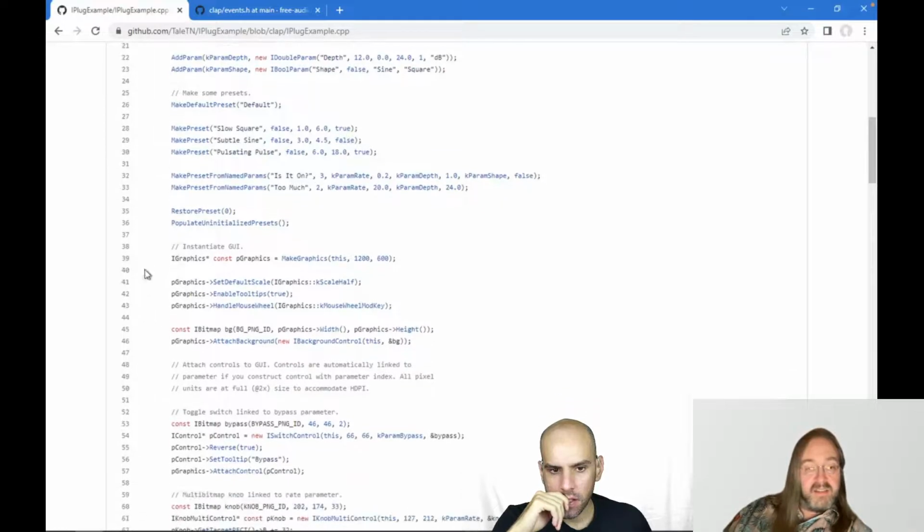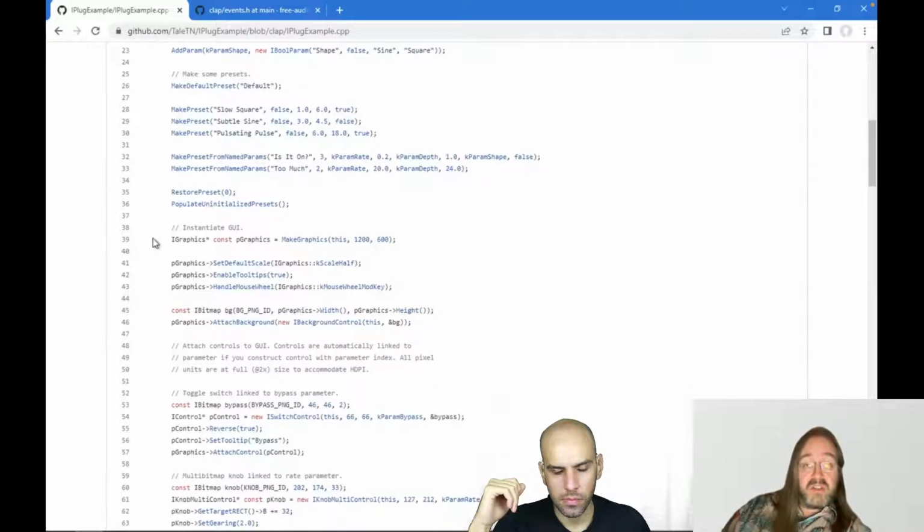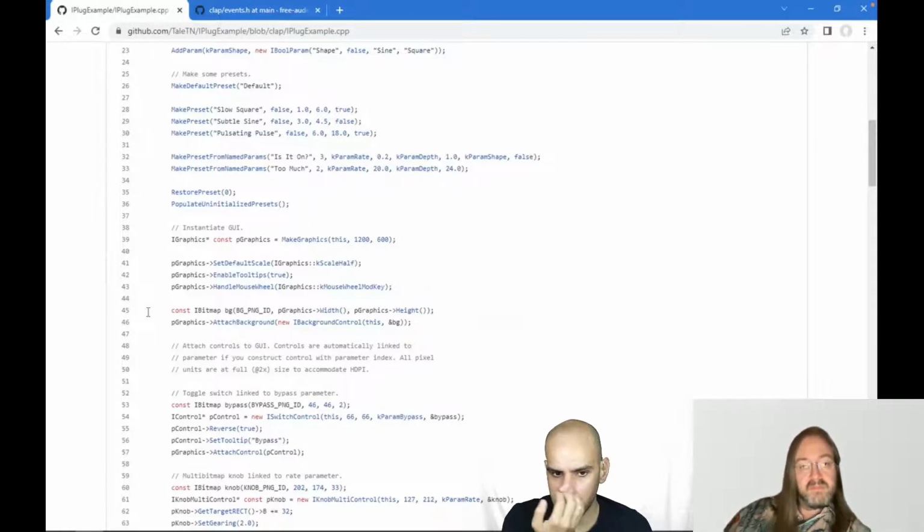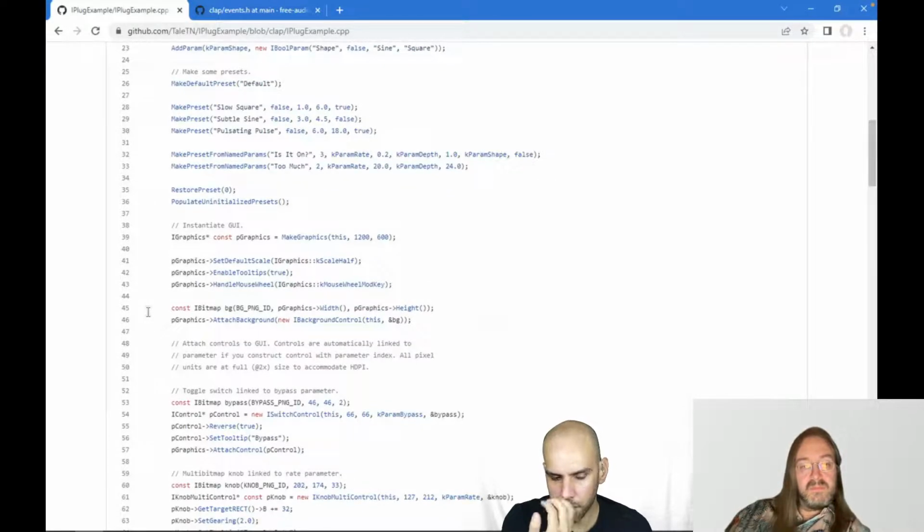Yeah, and then there's some GUI code. This is, by the way, where my iPlug version is really different from iPlug 2. Because I'm still doing things the traditional way, so to speak. So this is just defining the GUI size, setting some flags, and loading some images, or rather defining some images, because we're not loading them yet. So you are defining the image, then you are loading the image, and then you are plotting the image? Is that how you reason about images? Yeah, kind of. But the thing is, here we're only defining images, nothing more than that.